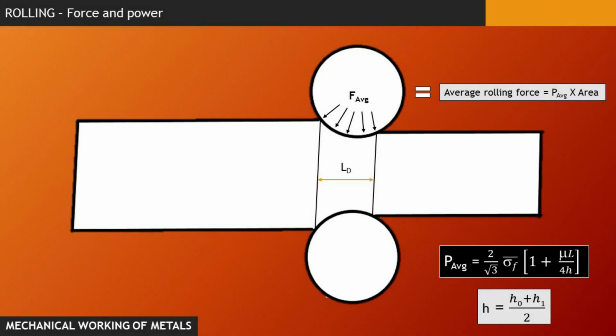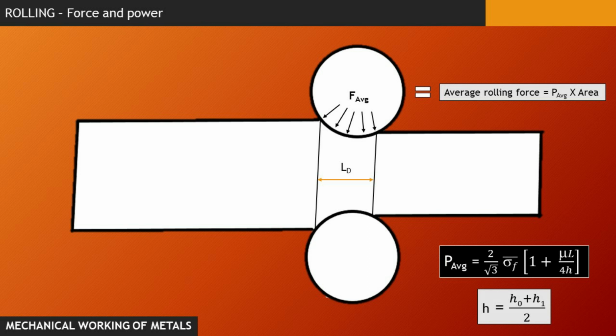When material is undergoing a rolling process, the rollers are imparting a certain amount of force upon the work material, which is deforming it, which is changing its shape. This particular force is what we call an average force or average rolling force, which is given by average